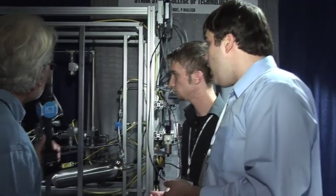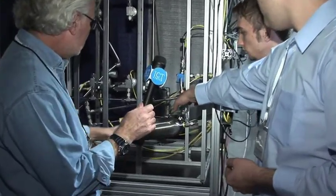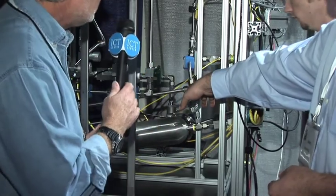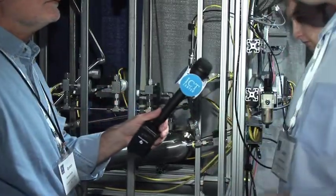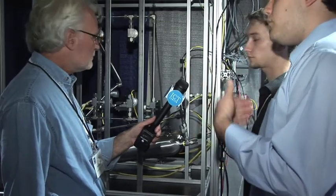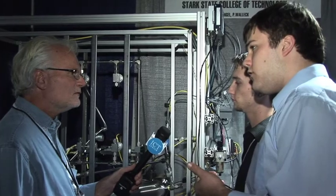Could you explain a little bit the major components of this thing right here? Major components, we have a Parker pump down here for circulating the hydrogen. It's a univane. The Parker pump is the large unit right back here, that right there. Okay. And what does that do? That's what circulates our hydrogen through our system for us. We can do different things. We can pulse with it as well and control that to cycle